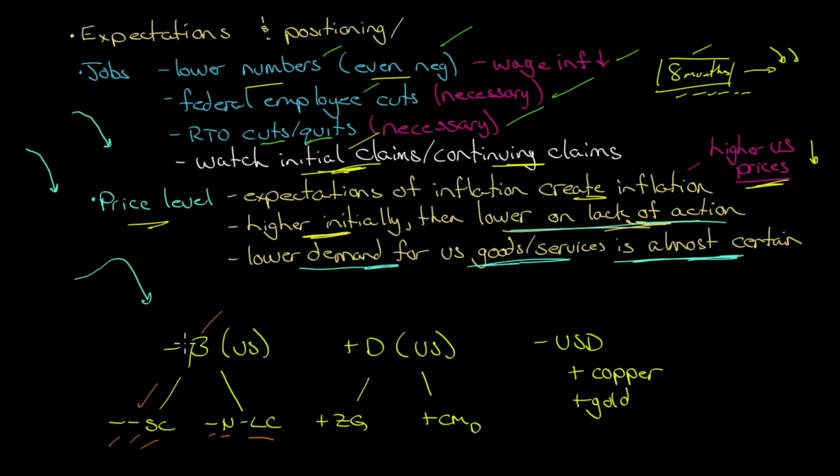So short small cap beta. For duration in the US, on the short end of the curve, ZQ, which is the Fed funds futures, I think being long the Fed funds futures right now makes sense because they're priced as an index, right? 100 minus R. So as R drops, the index increases. So let's say R is 4%, the index would be 96. If R drops to 3%, the index moves to 97. So long ZQ, I think, makes a lot of sense, simply because I think this will force their hand before